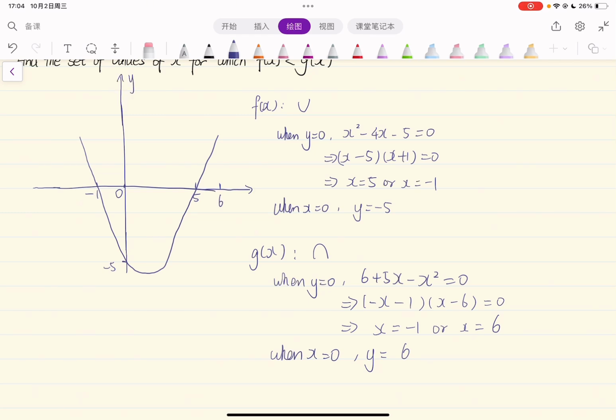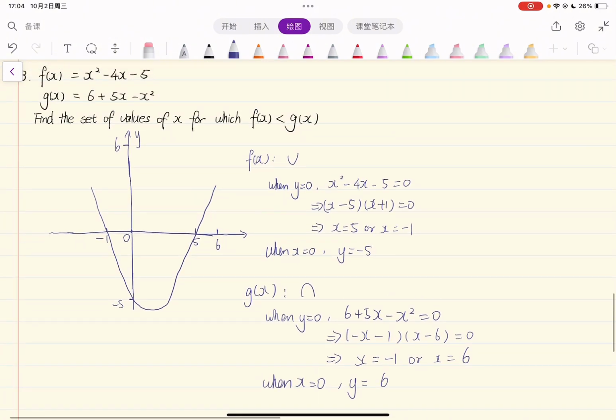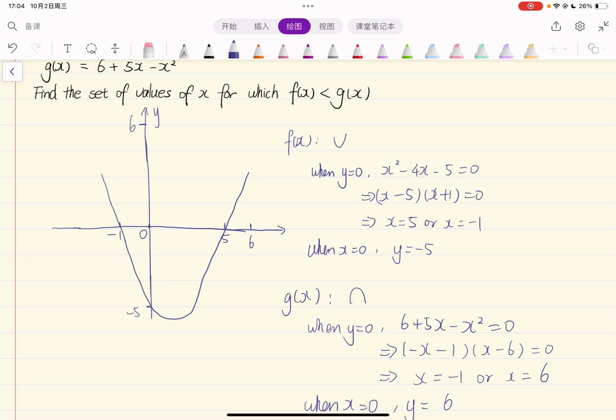So y over here and maybe 6 is here. And also minus 1. So now we can sketch g(x). It passes here, and passes here. Maybe looks like